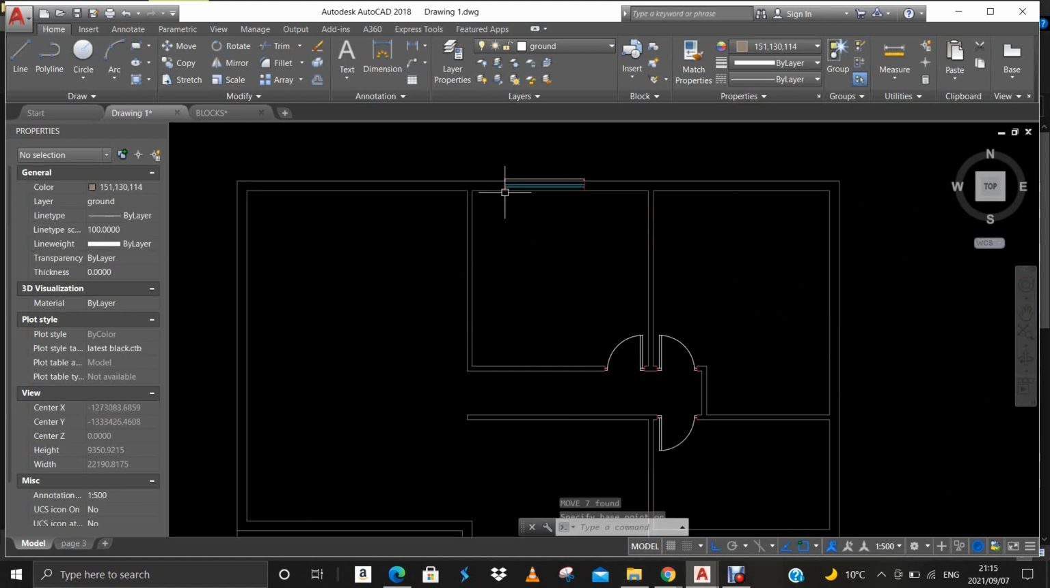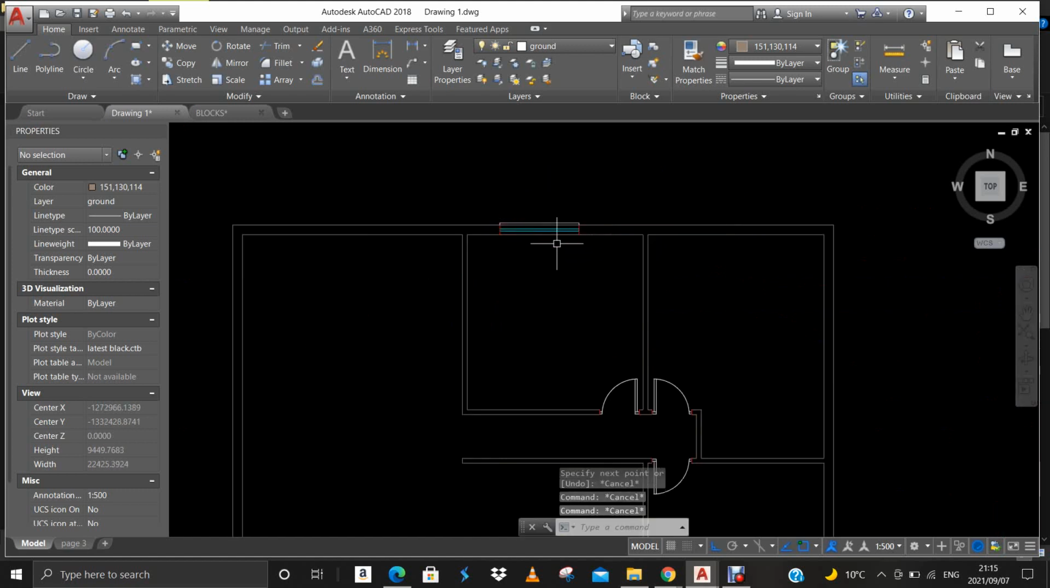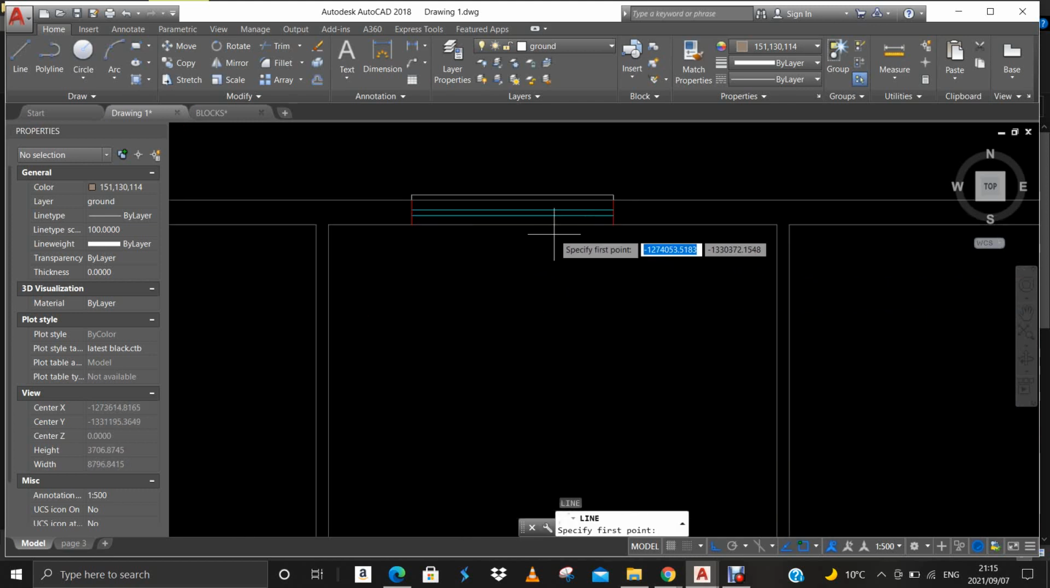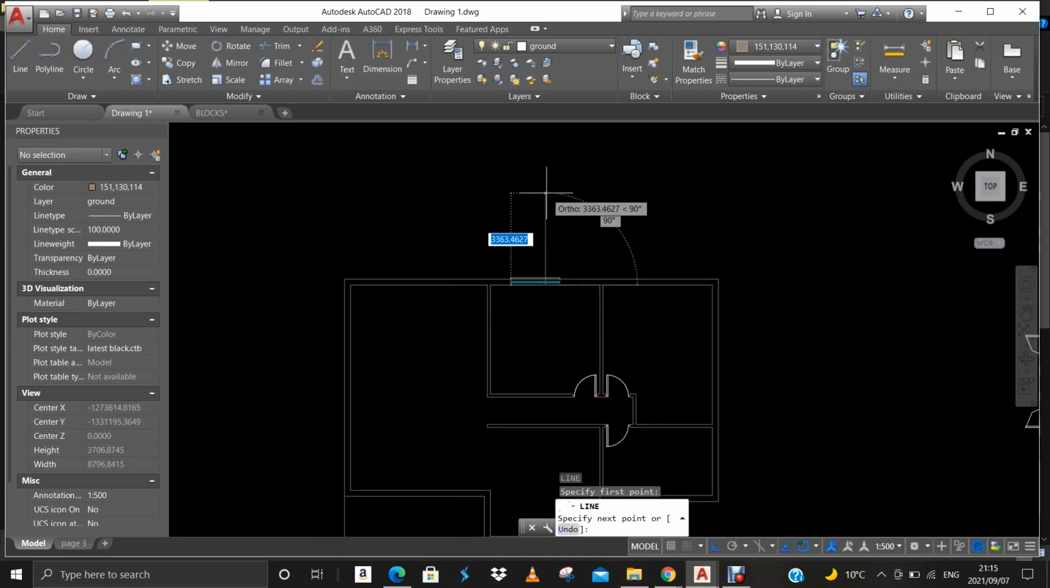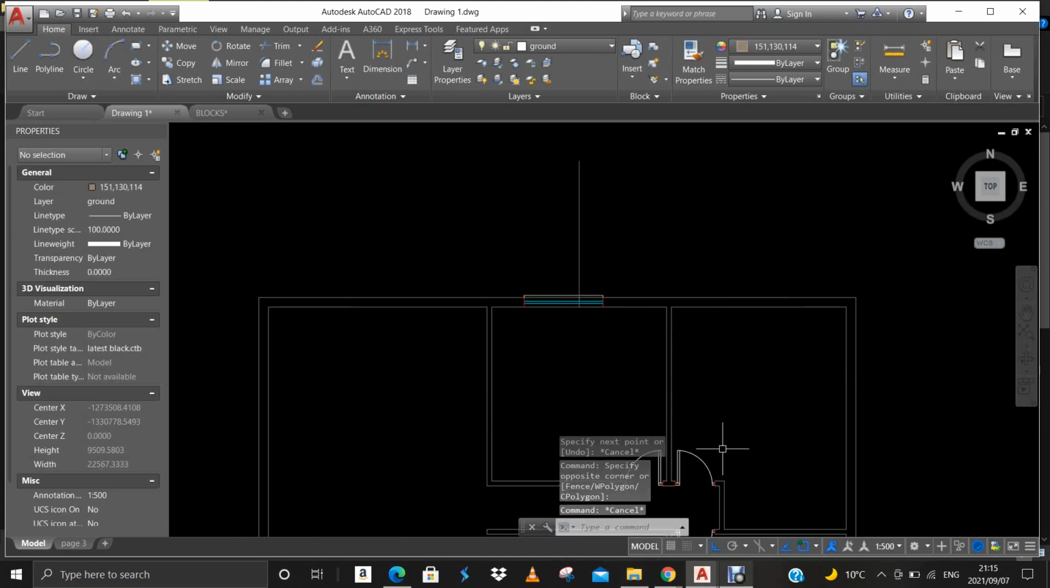Let's put it just there. I'm gonna center it with the line. So with the line command, you type L, spacebar, you select center point. You must always make sure your snaps are on. If your snaps are off, you come here and you go to